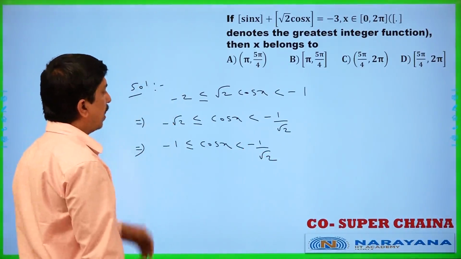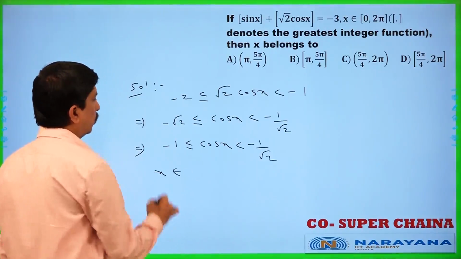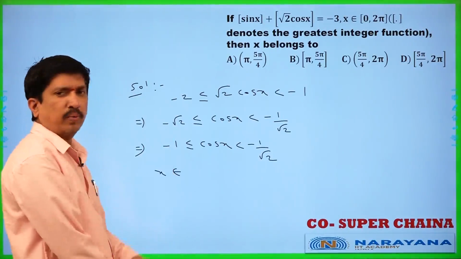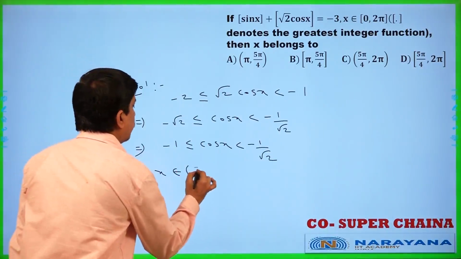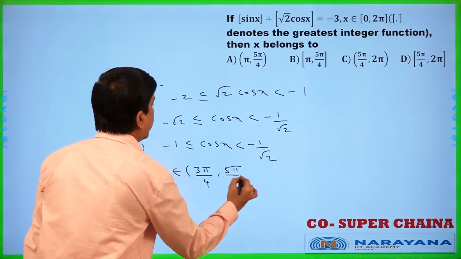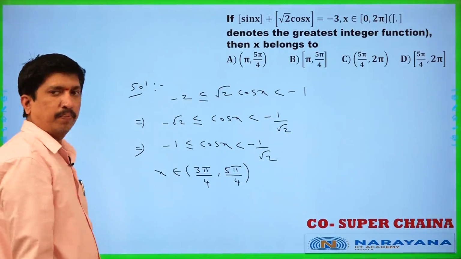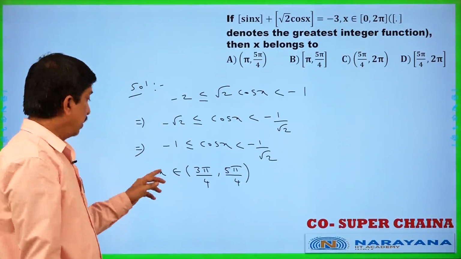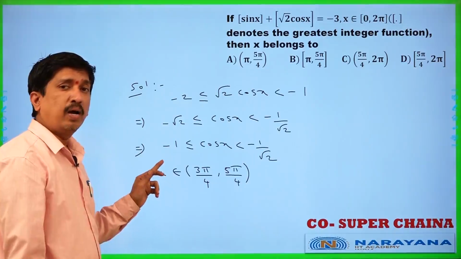So what are the x values? Once we check that one, cos x, x belongs to, now once you observe this, the negative parts we have to get for the cos x only. x belongs to 3 pi by 4 comma 5 pi by 4 only. Now you observe that one. So we got the two solutions. x belongs to 3 pi by 4, 5 pi by 4. Previously x belongs to pi comma 2 pi.